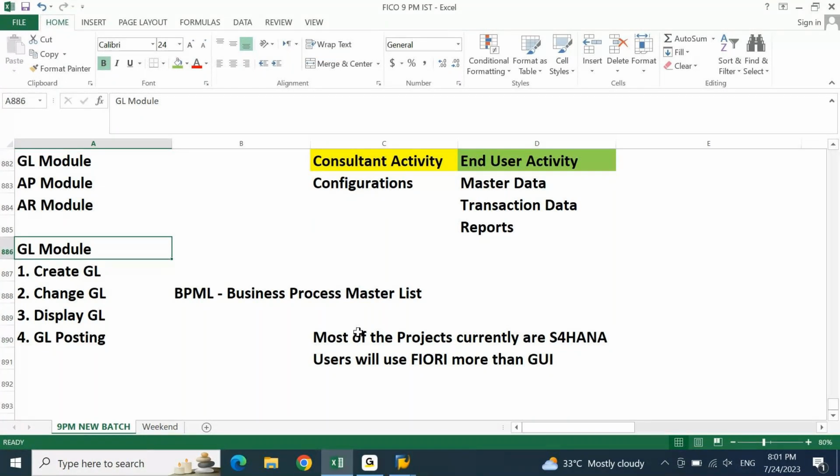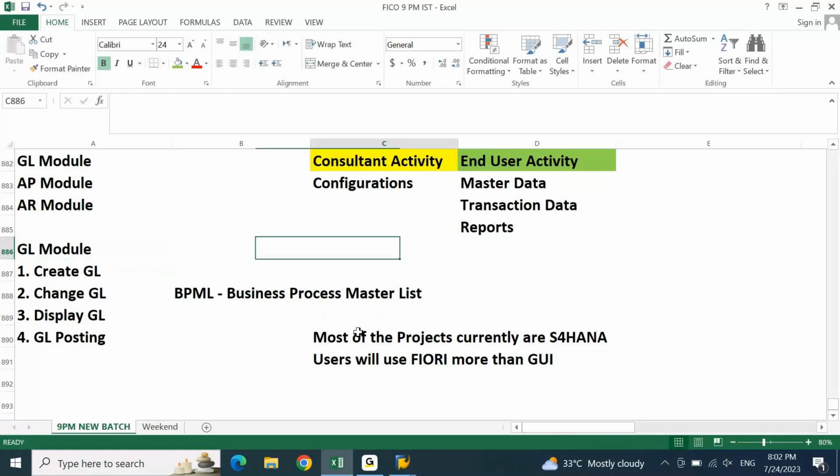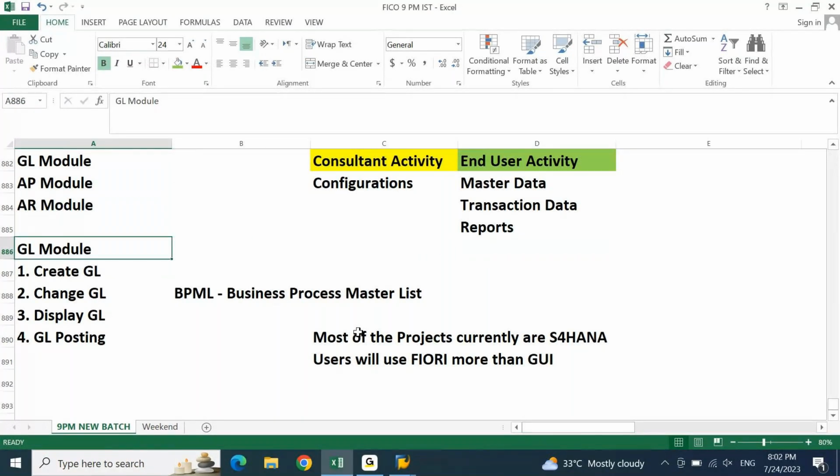If it is okay, no problem. If it is not okay, you need to put a remark why this is not okay, what observations we have found. If there are any errors, what errors you are getting, so that later on you can fix the errors and then retest it to ensure that this is working fine. Okay, this is related to your transaction related test script and on what basis you are going to create it. Later on, once this is created,